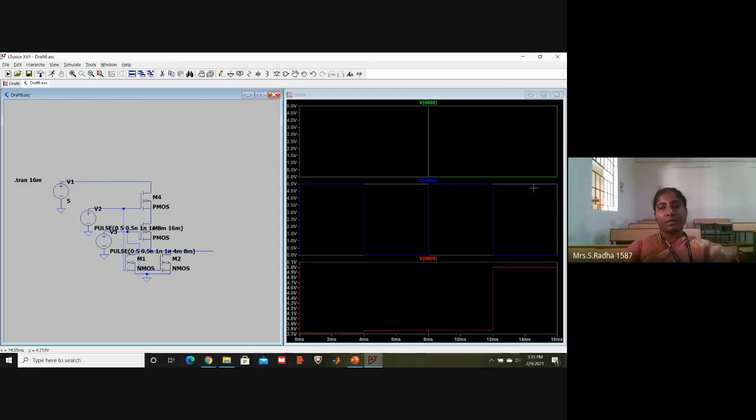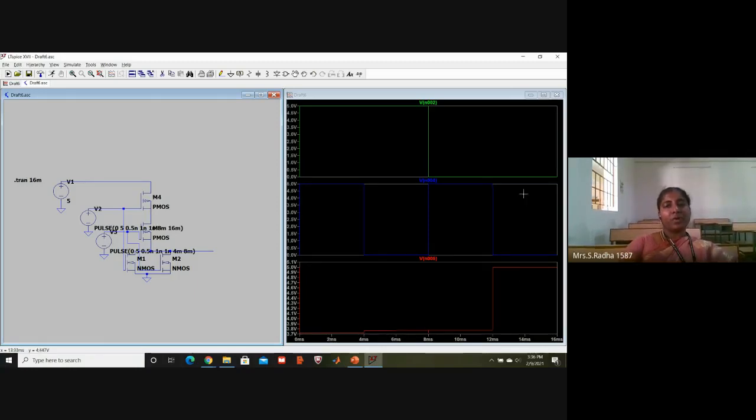NOR gate operation. For 0, 0, we are getting 1. For all other combinations, it is 0. Wherever there is some fluctuation, I told you, at the jumping points of amplitude for input there will be some disturbance in the circuit that will give some fluctuations. Other than that, exactly 0 and exactly 5 will not come because all these are NMOS, PMOS transistors, which have the internal logic concept of strong 0, strong 1, weak 0, weak 1.